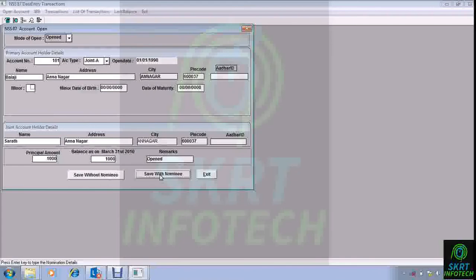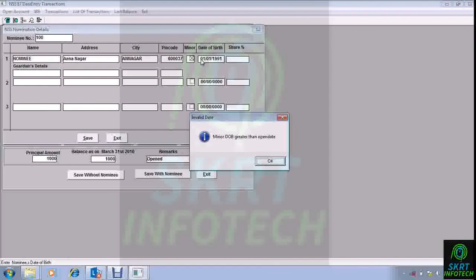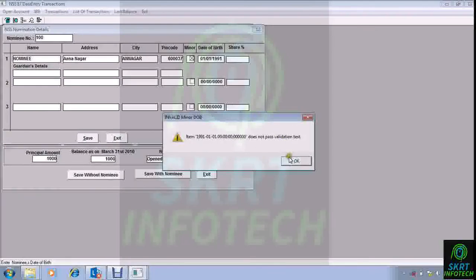Account open date is 1990. Save. Nominee number is 100. Name is nominee. Address is populated automatically. If now you give a date 01/01/1991, minor DOB greater than open date, error will come because you cannot have that.